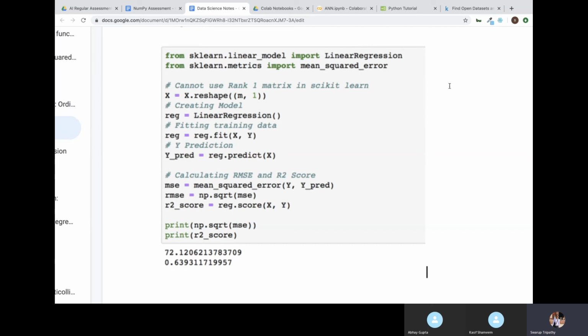Scikit-learn always takes your x as two-dimensional, and that's why we are doing this. Also you need to transpose your values because it will be doing matrix multiplication and all. For that we need each of the values as one vector. Otherwise it will consider the entire value as one single vector. So that's why we are changing this to two dimensions, so that it computes each of the individual vectors.